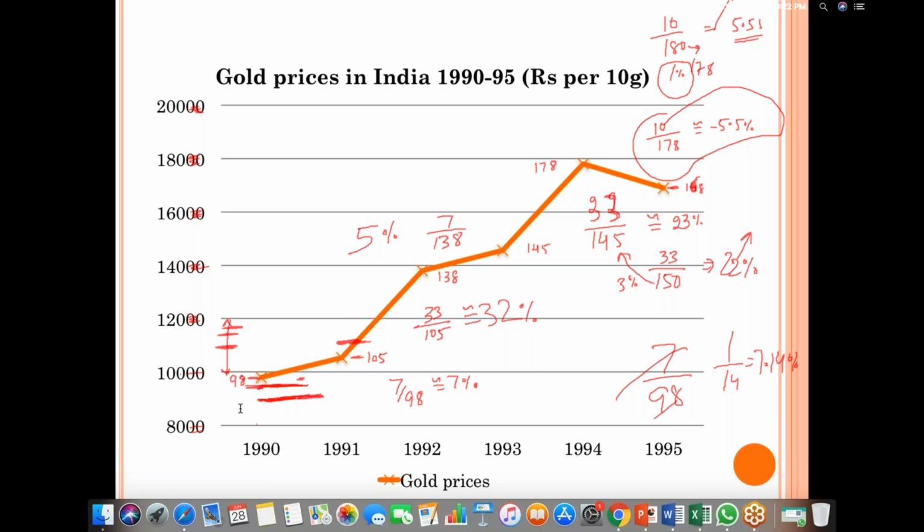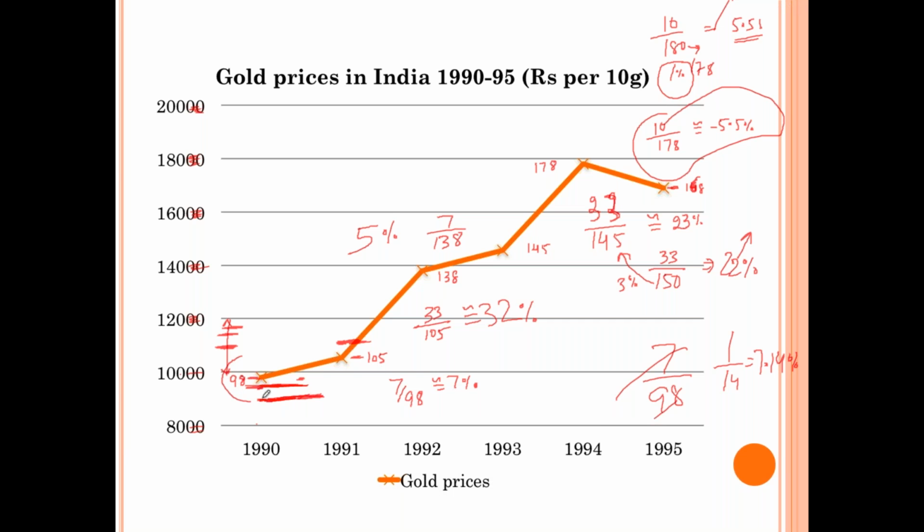When you start to solve the sets, if we don't know the basic fundamentals, it is very difficult. From 7 by 98, the 7 came. See, this is 105, this is your 98, so you have a 7 increase upon 98, this will be 7%, right?